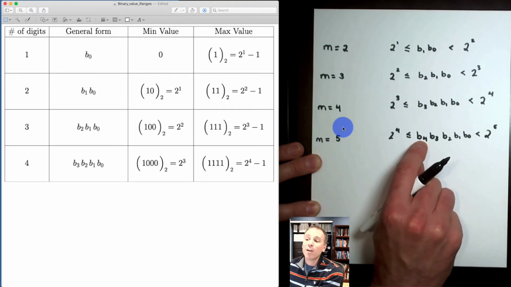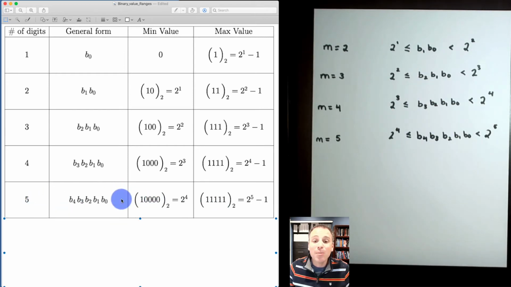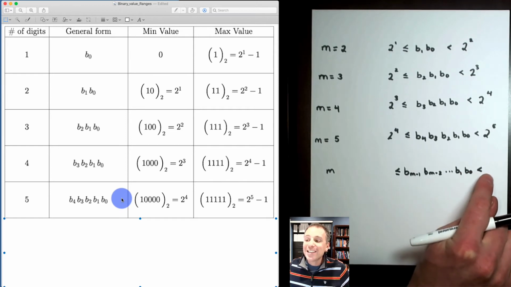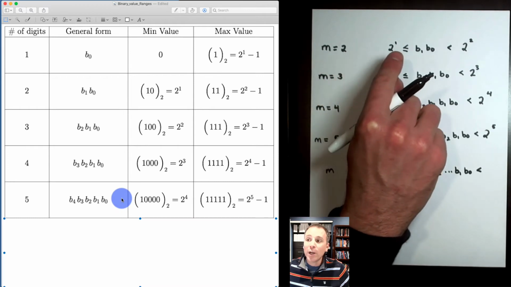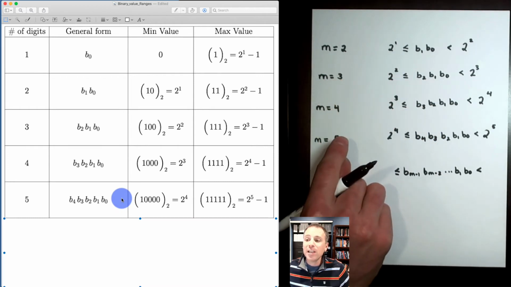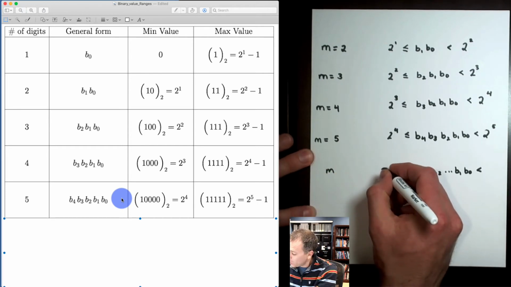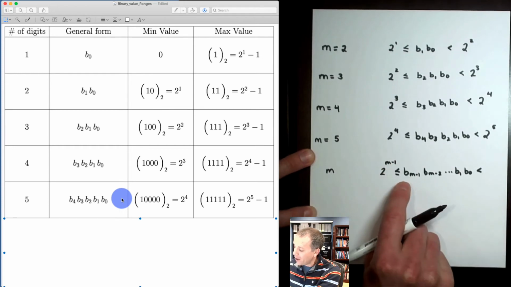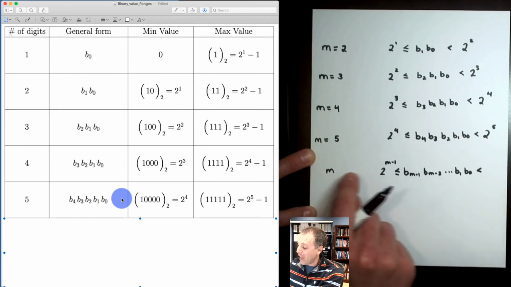This, of course, assumes that the leading bit, the most significant bit, is non-zero. Otherwise, we could drop back down to a lower row. That is indeed what we have in our table. And now I ask you the question. What if we were to just do this for a general value of m? What are the lower and upper bounds for an m-bit binary number? Well, let's take a look. 2 went to 1, 3 went to 2, 4 went to 3, 5 went to 4. So m, could you guess? Yeah, that's it. This would go to 2 to the m minus 1. How about the upper bound? Well, we see 2 went to 2, 3 went to 3, 4 went to 4, 5 went to 5. m must go to m.